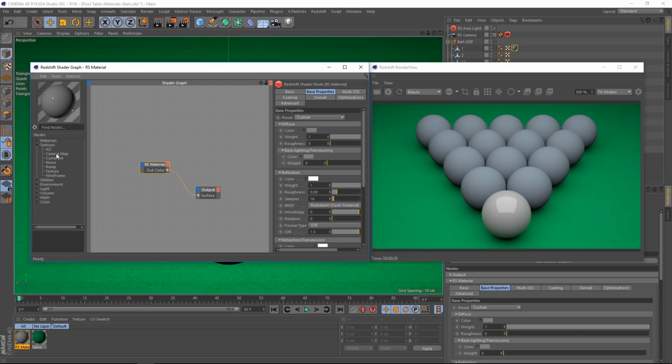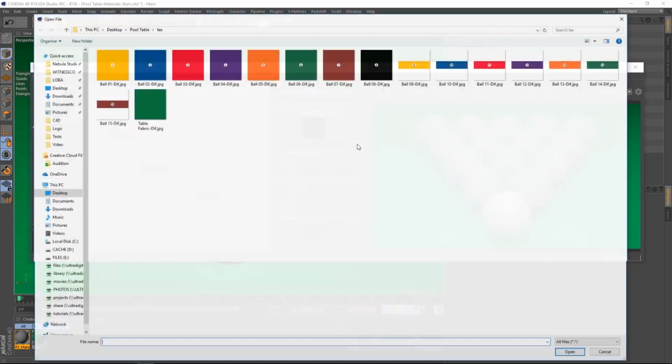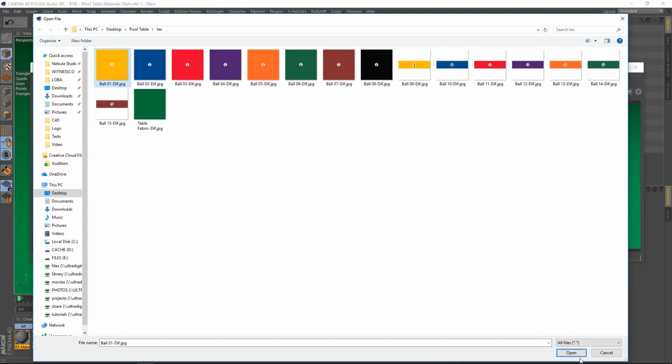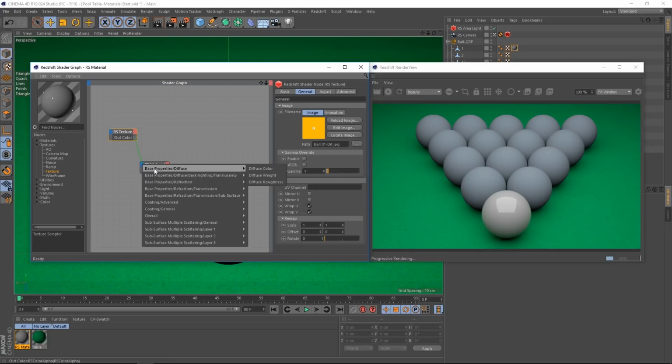We are just interested right now in clicking and dragging a texture node here. And with the texture node selected, we've got on the right side the options for that particular node. If we click on the three dots, we are able to load the texture. And now let's click on these output ports, drag and drop onto this blue square and choose base properties,